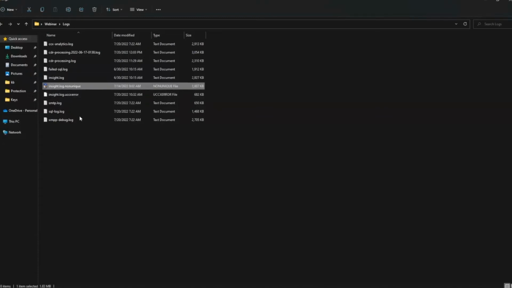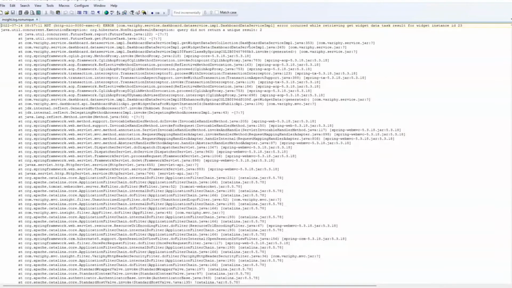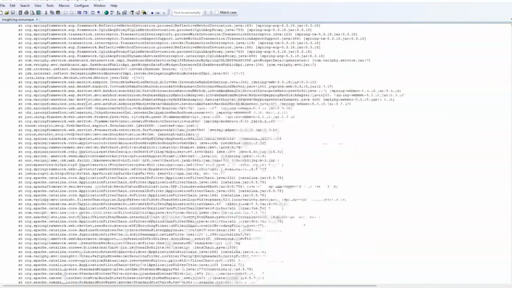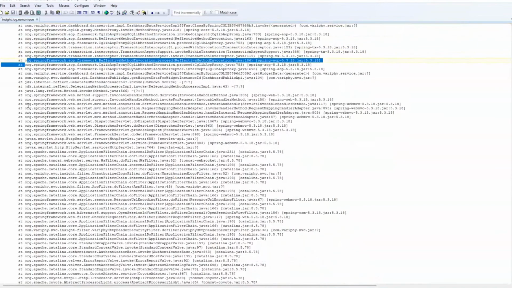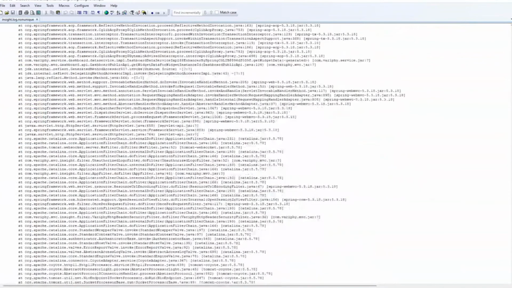A couple different examples of errors in the insight log. This is one I worked on with Dre a couple days ago. We were seeing just some non-unique errors. So we can see the basic error. Here's that big error, all the text that starts with the word "at." You can see here it goes all the way down to here. This was easy to find because the error was being logged over and over again.